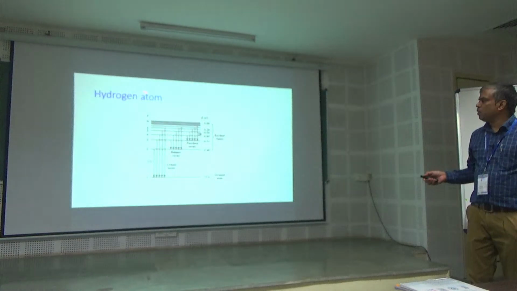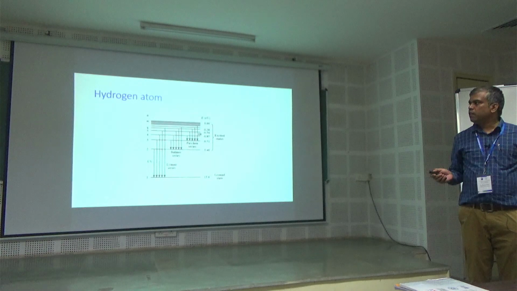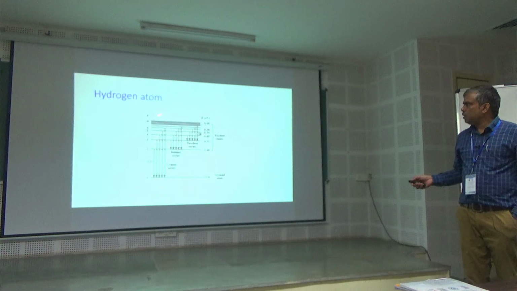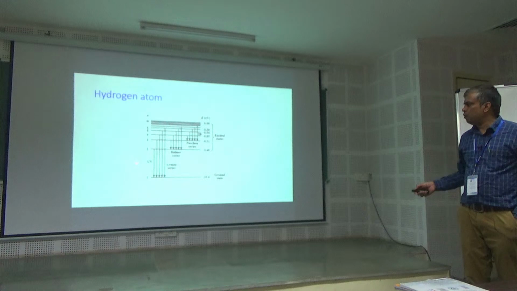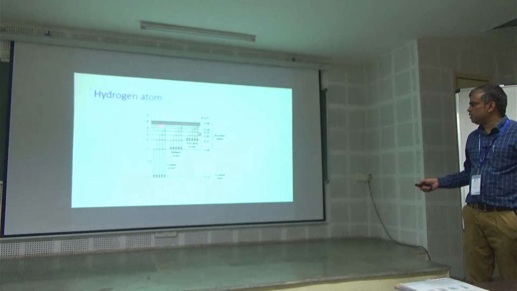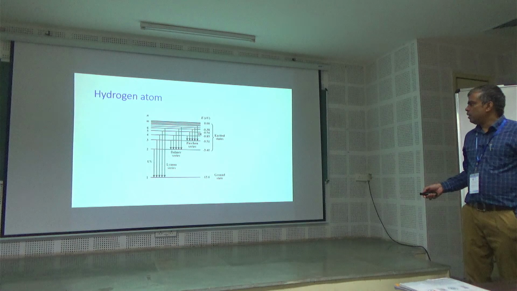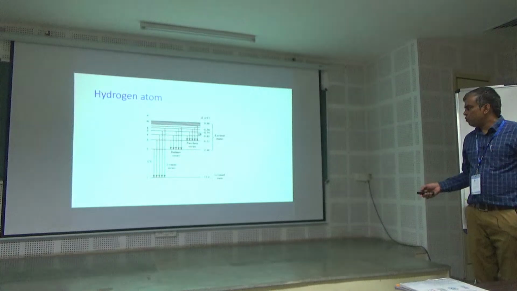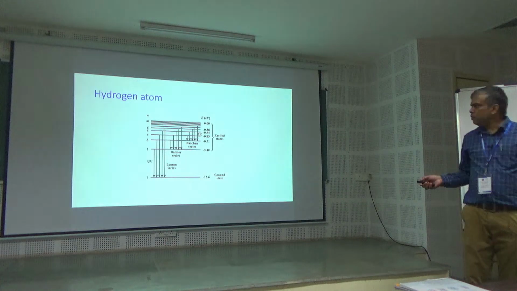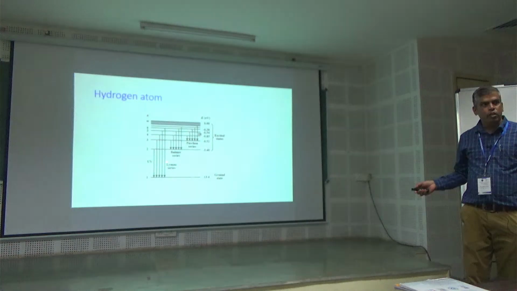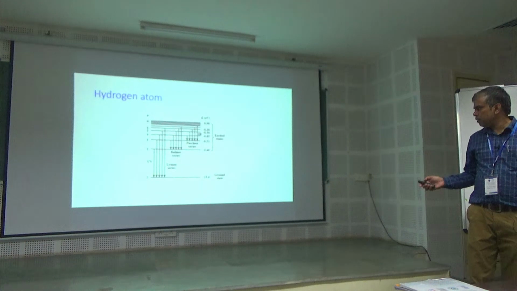Starting from the very beginning. As I said, the universe was full of neutral hydrogen. Here I show the energy levels of neutral hydrogen atoms. You are already familiar with this. These are different transitions: Lyman alpha series, Balmer series, Paschen series. If we focus on the ground state, almost all neutral hydrogen in our universe is in the ground state because the temperature is very low. So you will find them in the ground state.